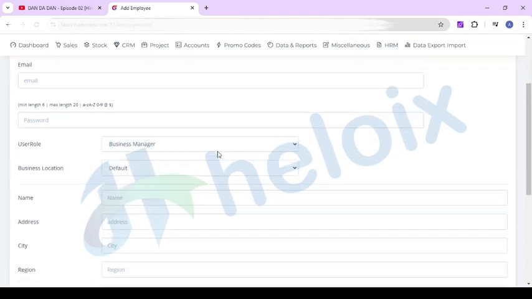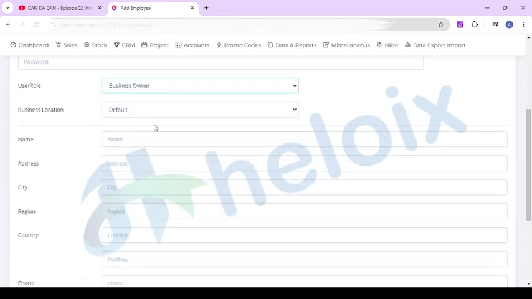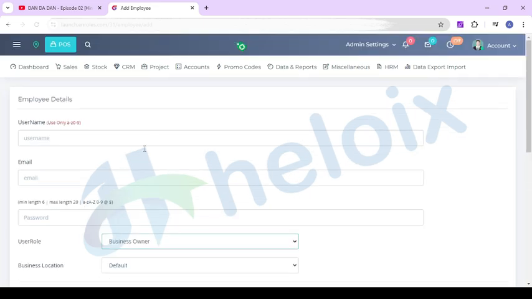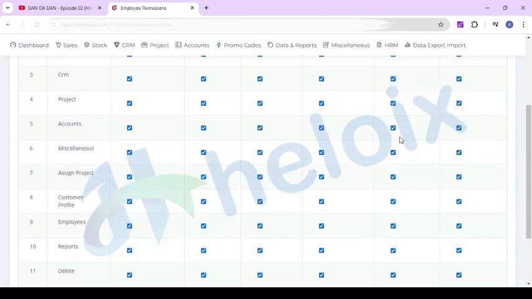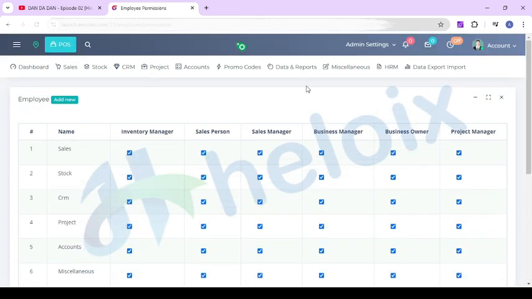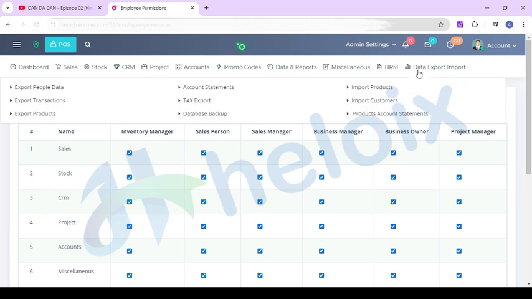Here we can set up all the things. Here you can set up a role, or you can give permission, whatever permission you want to assign. For assigning, you just need to click on a permission and you can manage what permission you want to assign to which role. Okay, then we have payroll, then we have export import. So here you can export profile, people, data, transaction, product. You can easily manage that.